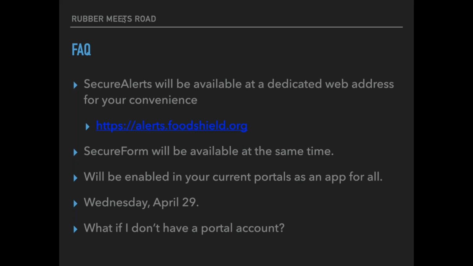So that's why we did this for you, to make it easy. Secure Form will also be available at the same time. It doesn't have that same real need for horsepower, so it's available anywhere, and we'll be putting it in all of your accounts, so it'll be a part of your apps. And when that's enabled on your current portals and apps for all on Wednesday the 29th,